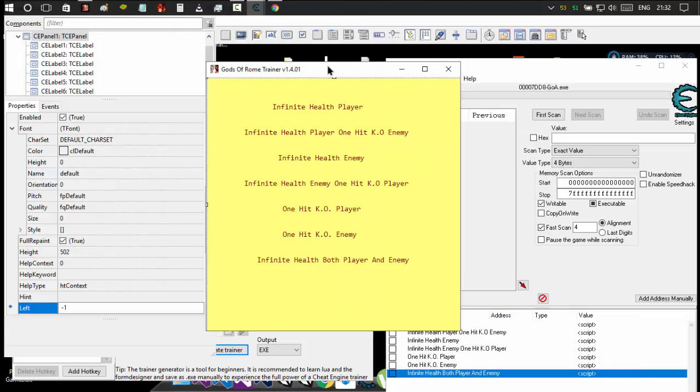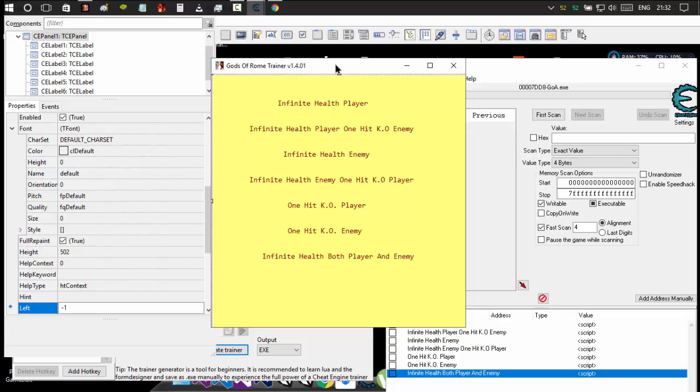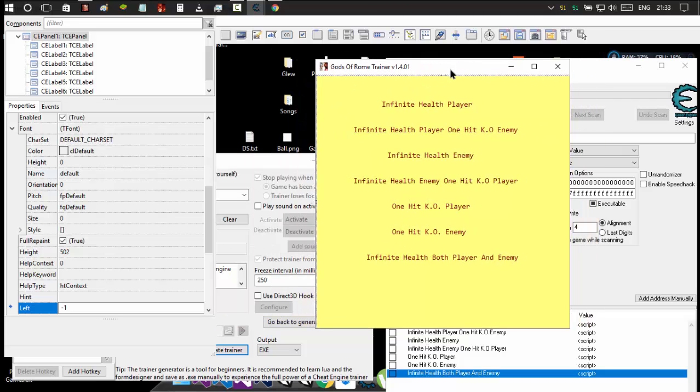Alright, I went ahead and put all the 7 labels over here, and I have removed the picture, which made my trainer look a bit bigger. And these are the 7 scripts which we are going to be using in our trainer. So we have put the labels, and the next step which we are going to do is